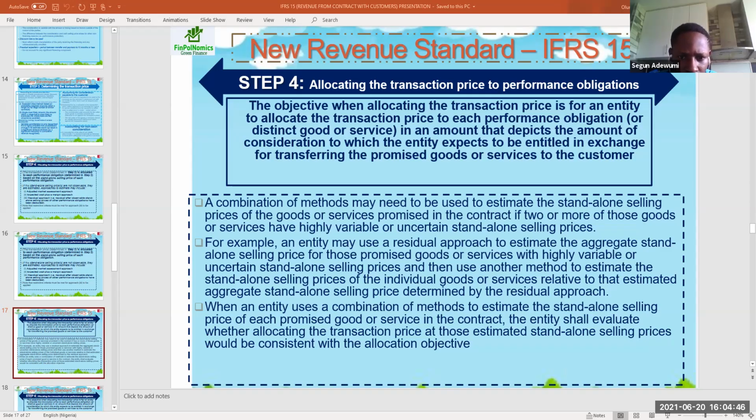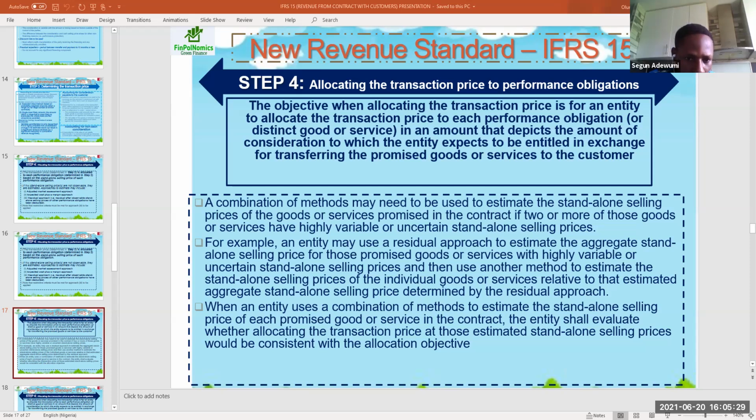A combination of methods may need to be used to estimate the standalone selling prices of the goods and services promised in the contract if two or more of those goods or services have highly variable or uncertain standalone selling prices. For example, an entity may use the residual approach to estimate the aggregate standalone selling price for those promised goods or services with highly variable or uncertain standalone selling prices, and then use another method to estimate the standalone selling prices of the individual goods or services relative to that estimated aggregate standalone selling price determined by the residual